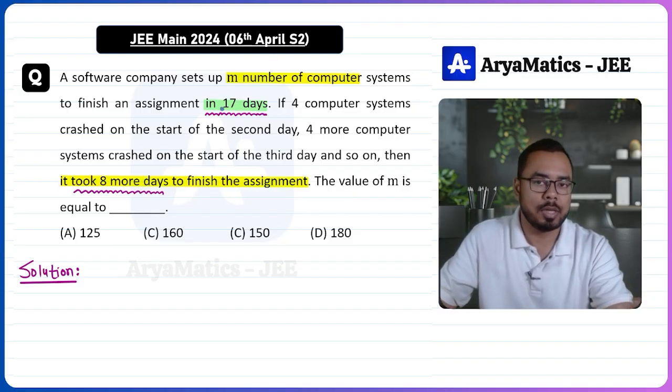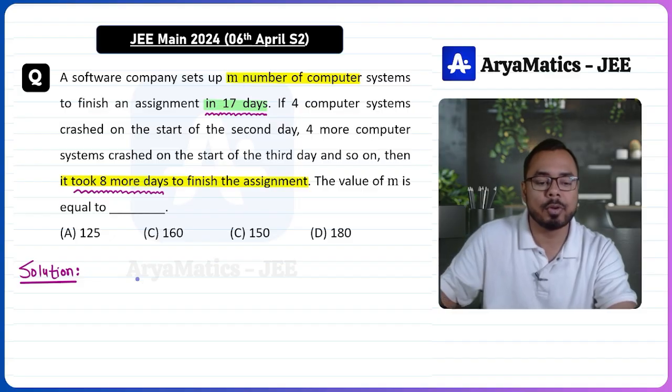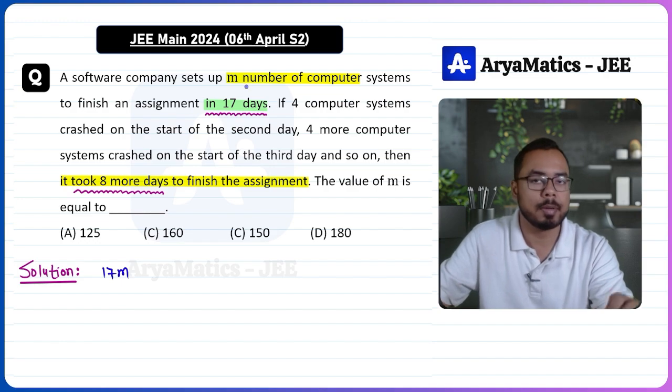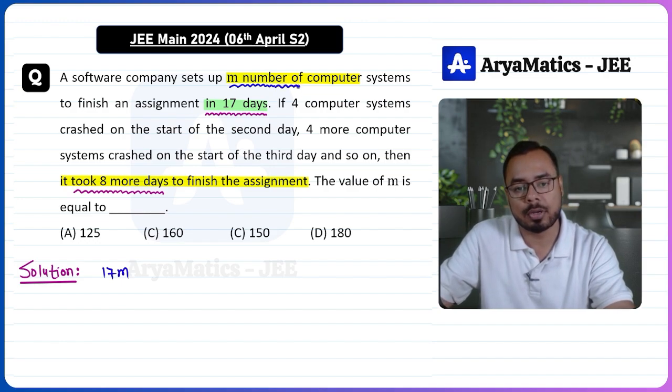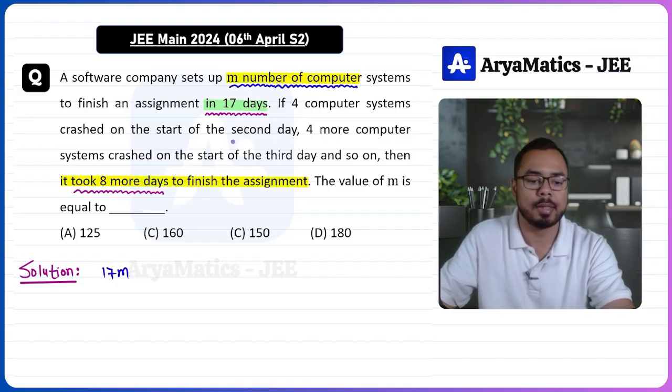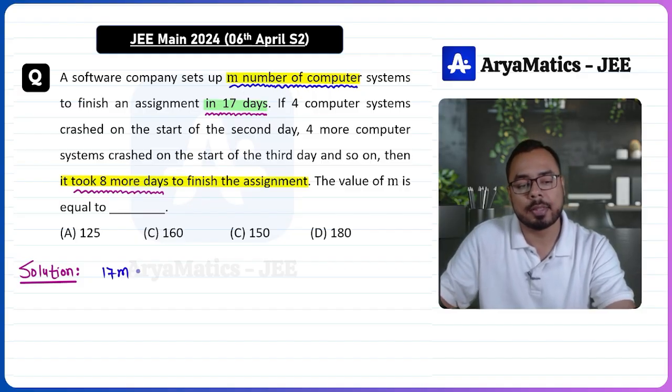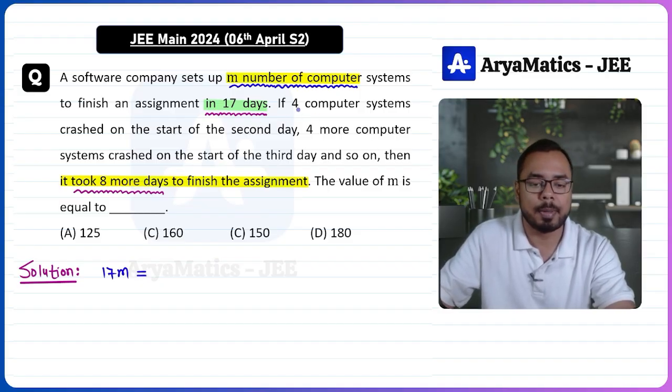Here we can use unitary method for solving this problem. Let us say that if we had to complete the assignment in a single day, then the number of computers required, this will be 17 into m, right? M number of computers working for 17 days, they can complete the job. So if we have to complete the assignment in one day, the number of computers required, this will be 17 into m. And this must be same as sum of an AP, because